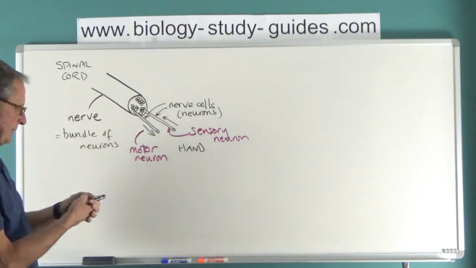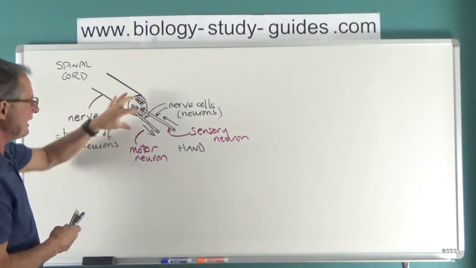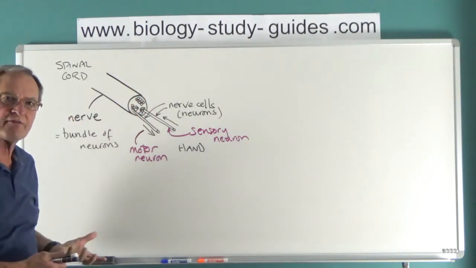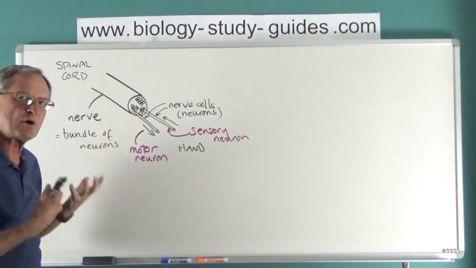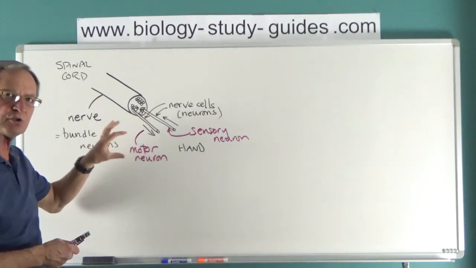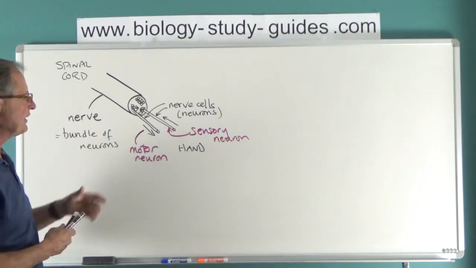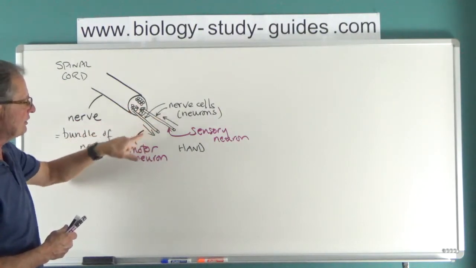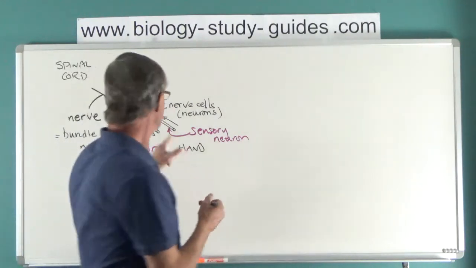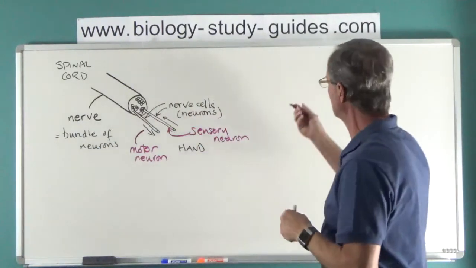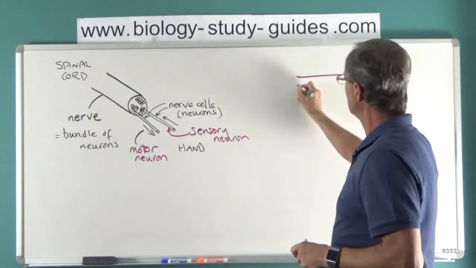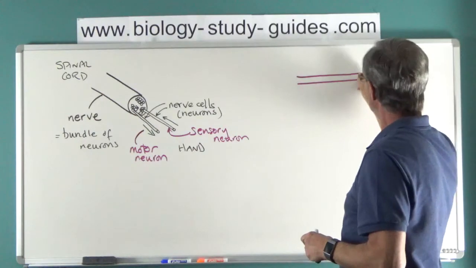These two types of neurons in this part of a nerve look very, very similar. There's no appreciable difference between them. In other parts, these two neurons do look very, very different from each other. If you looked at this even more closely, you would see that these neuron sections, let me try and represent it like this. If this is a neuron section,